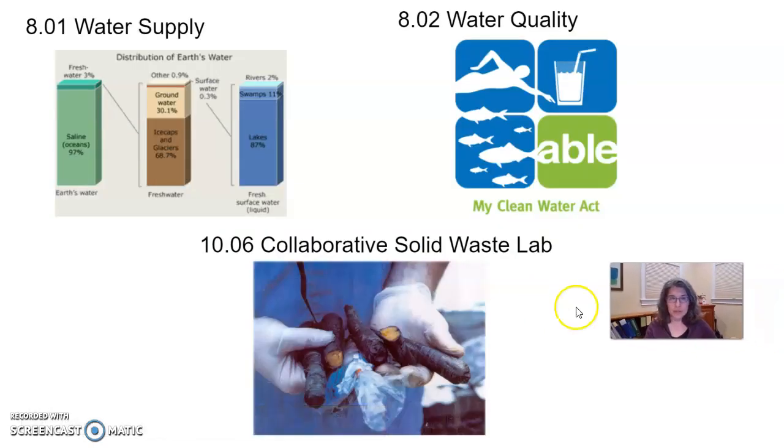So what are you doing this week? Well, you're going to be starting with water. So we're thinking about all of the water on Earth. You're initially going to be thinking about properties of water. So it's going to be a little bit of a review, probably from some of the work that you may have done in a previous earth science class and probably in a chemistry class as well.